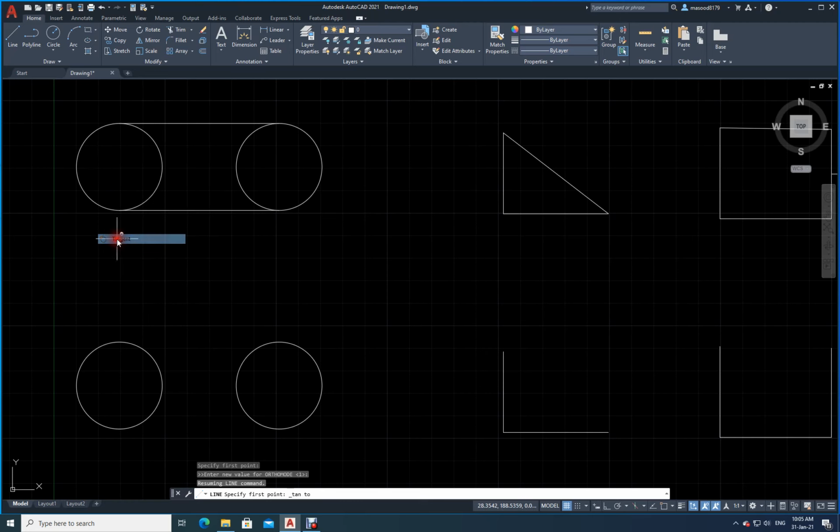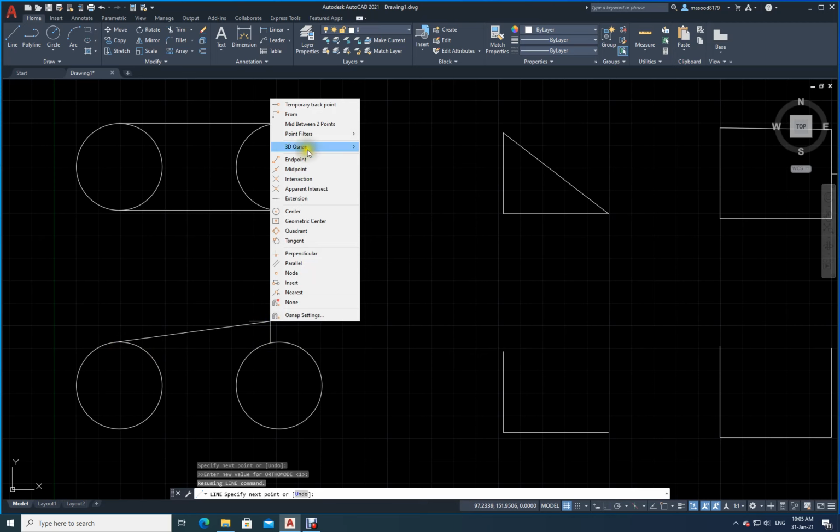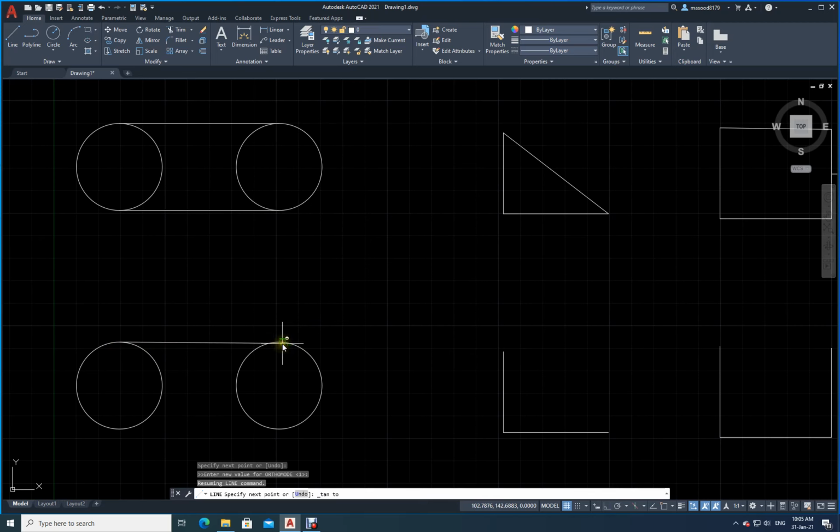I will click on this tangent, then I will go here very close. Now you see there is a sign showing me tangent. I will click on that one. Now again I come this side. Again I have to press Shift, right click, again I have to say tangent. Where is tangent? Tangent is here. I will say tangent and I will come over here and click on this one and then enter, either enter or escape.